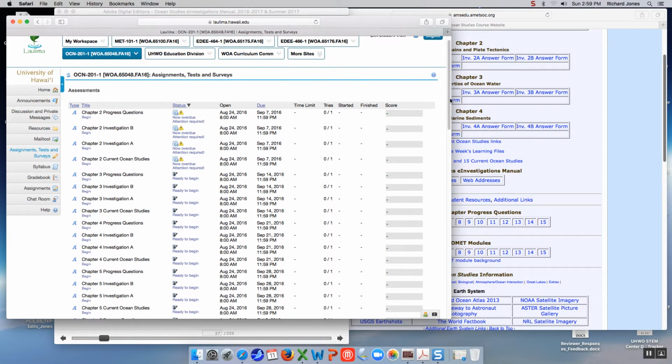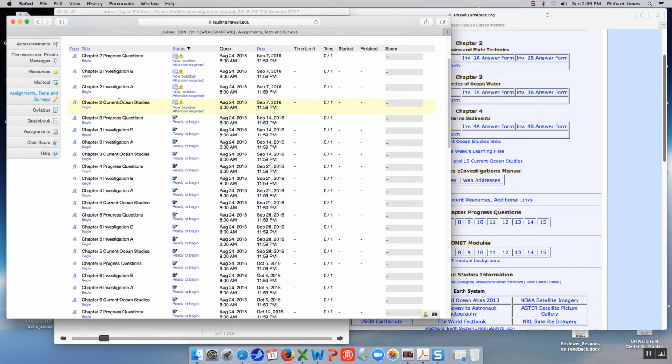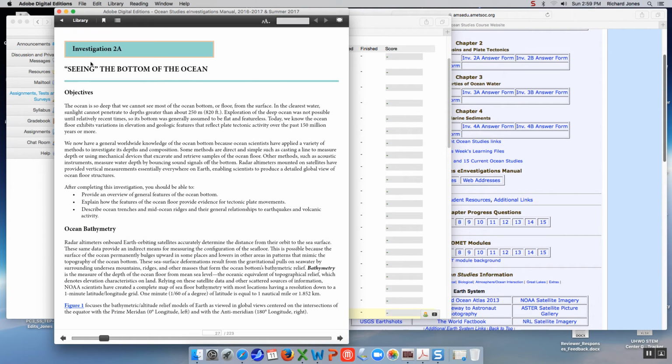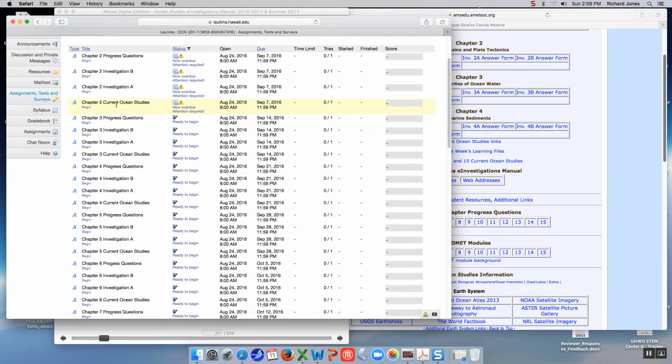So what you see is if we go into chapter 2, you'll notice investigation A and investigation B. Investigation A is associated with investigation 2A, seeing the bottom of the ocean. The questions that are on this assignment right here